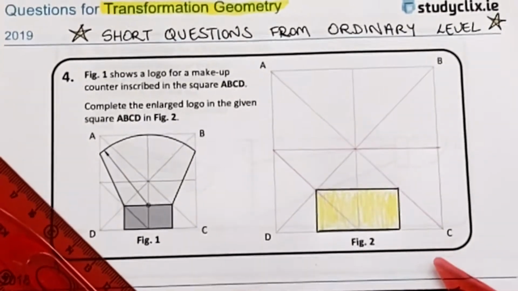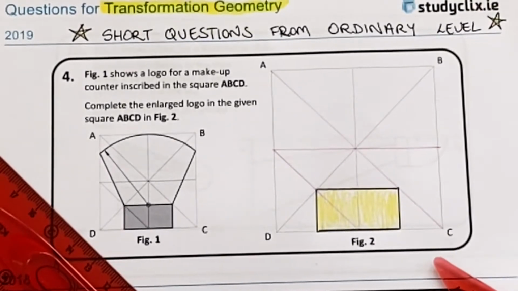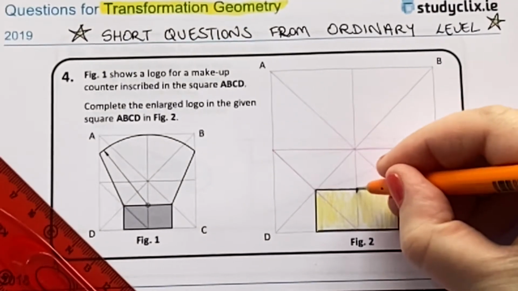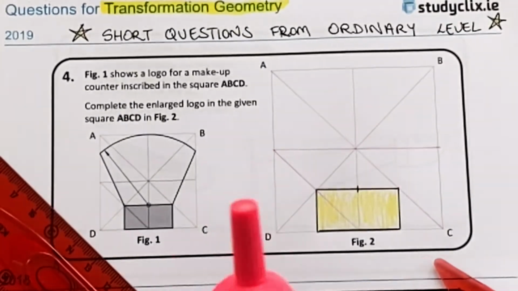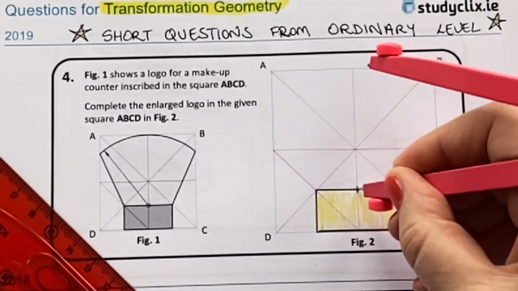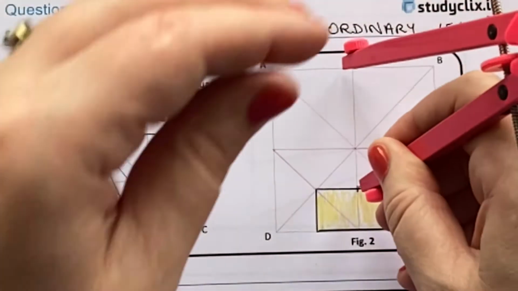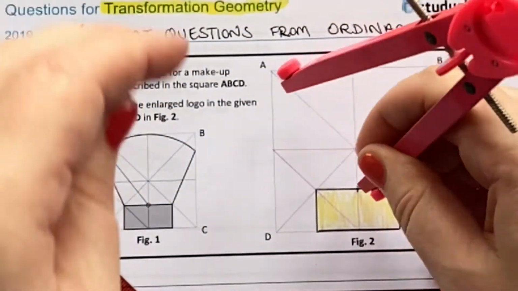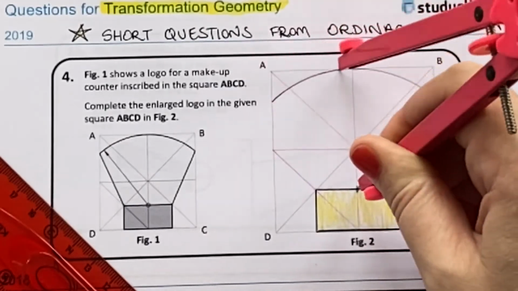Where is the center point? Okay, let's remember everything we've ever done before. I have always said to you to highlight the center points, that there's marks for them in their own right. So there's my center point. Open the compass. Where do I open the compass to? Just the top of the square there. Here it is. Okay, and when I do that, and then I draw in the top of the shape,